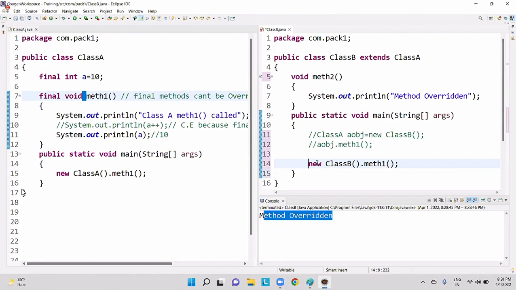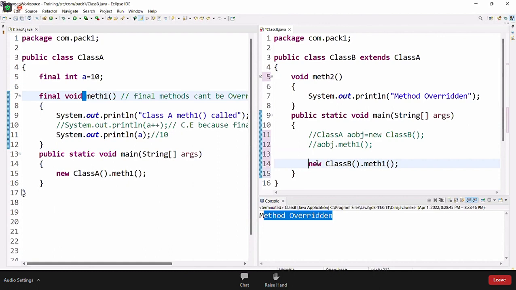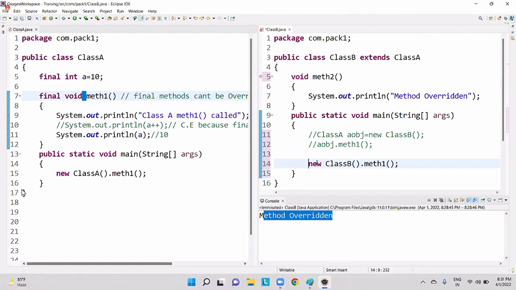Method 1 belongs to class A. Whenever you are performing inheritance, can a child class object access parent class methods? Of course, 100%. That is exactly what we are trying to do.